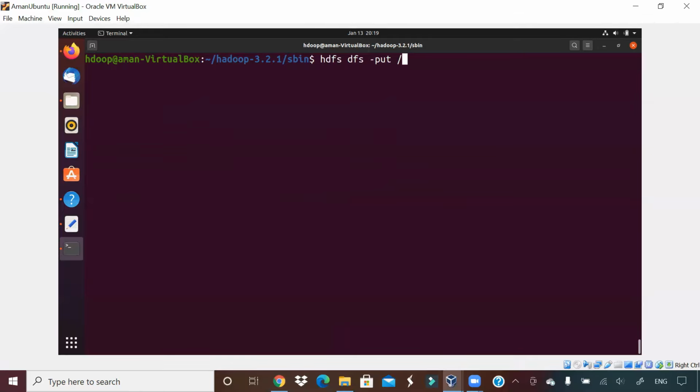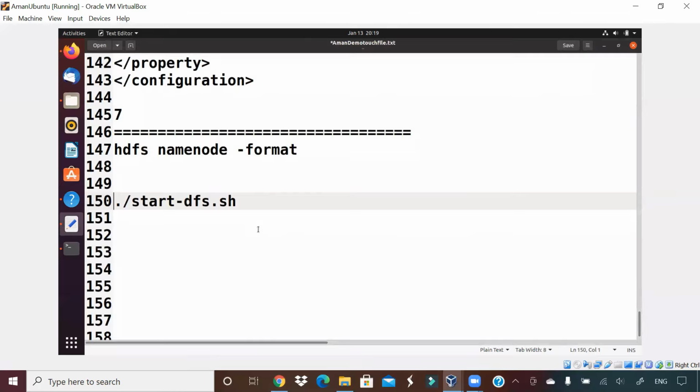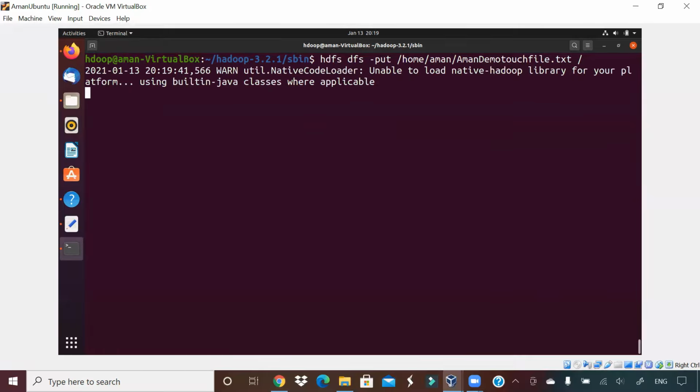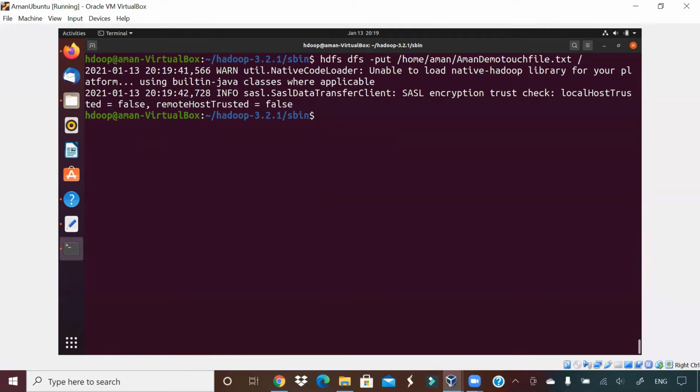Okay, so where from will I take the file? I will take the file from home Aman, and there is a file, the same file which I was showing you now, the instructions file, right? This instructions file name is aman demo touch file.txt. I will come here and say aman demo. Okay, this file I want to put in Hadoop, so I will just say slash, because I want to put it in the root directory.